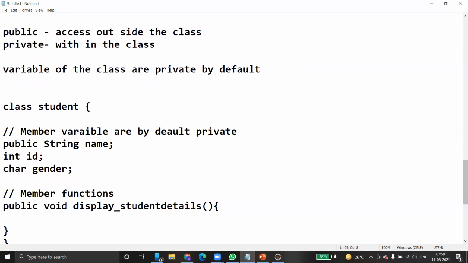Public string name, public integer ID, and public character gender. And one more rule here: all member functions of the class are public by default. These concepts I am supposed to explain in OOPS concepts, but I just want to give you a brief overview. Otherwise, you might get a lot of doubts.